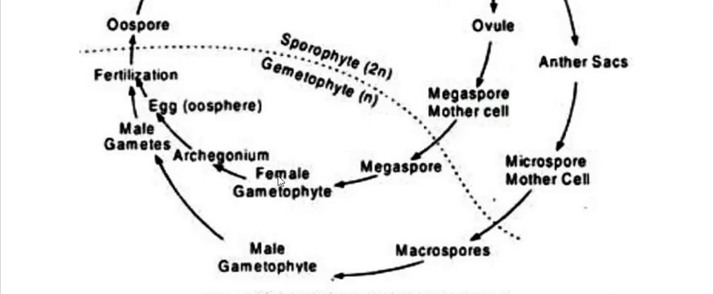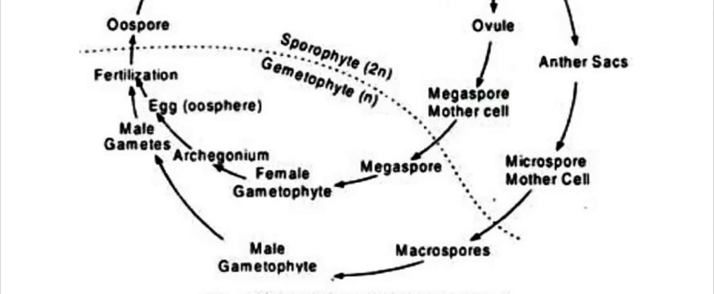The megaspore on germination will produce the female gametophyte, and in the female gametophyte archegonia are produced, and inside the archegonia the egg or oosphere is produced. Microspores on germination will produce the male gametophyte, which is also known as the pollen grain, and in the pollen grain male gametes are produced. After pollination the male gametes fuse with the egg in archegonia and fertilization is effected. After fertilization this egg is now known as the oospore, and in this oospore